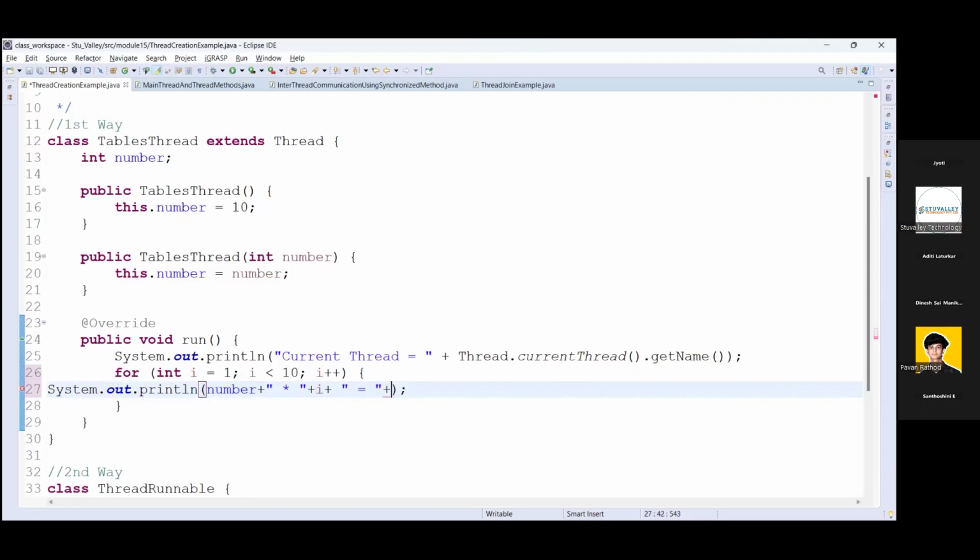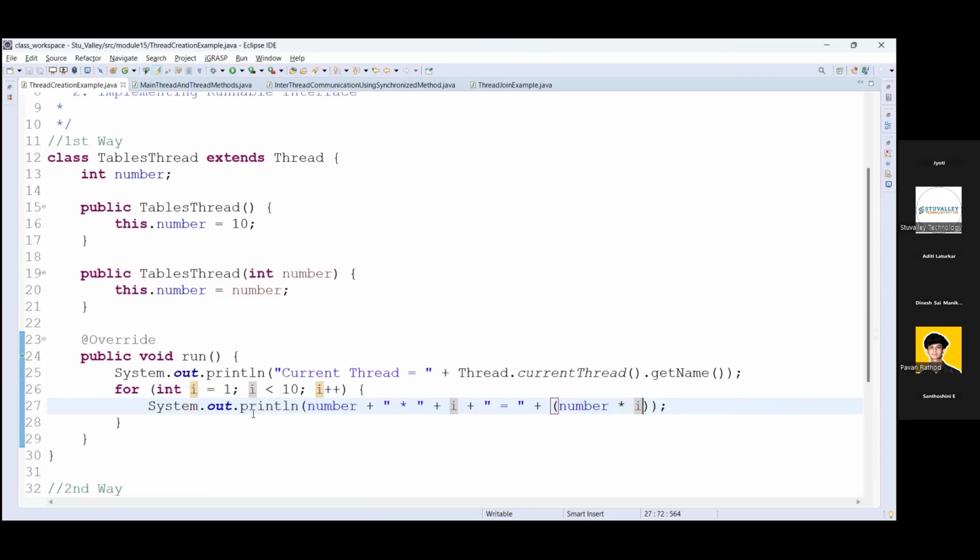After this, I am actually calculating the value, that is number into I, because I want to calculate the table for given number. Okay, so here I am basically calculating everything inside the run method.